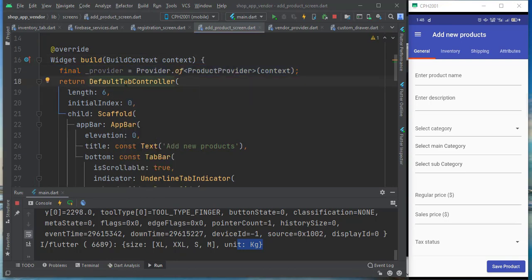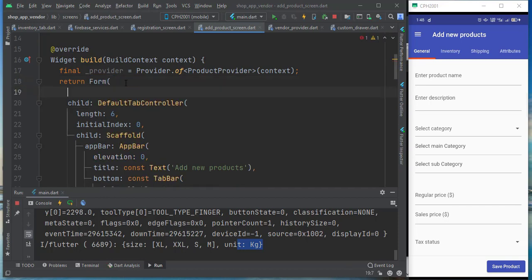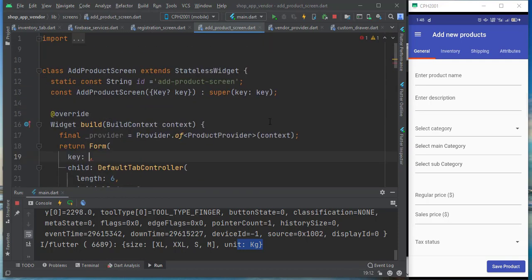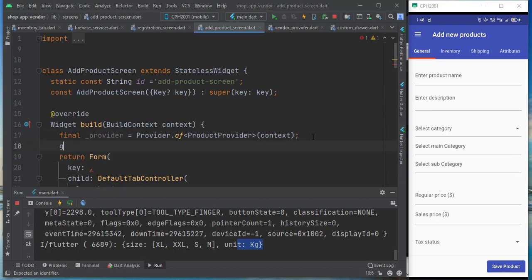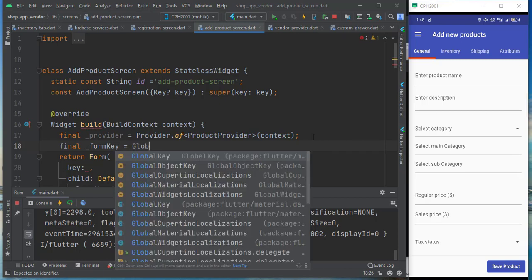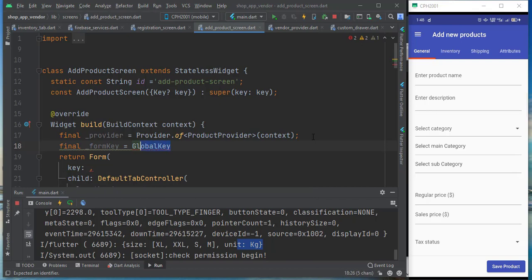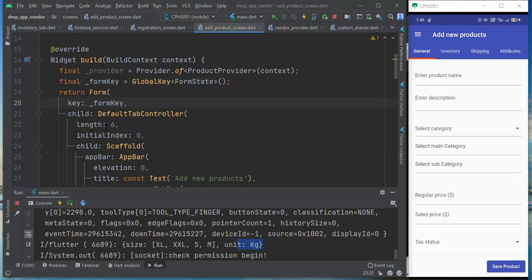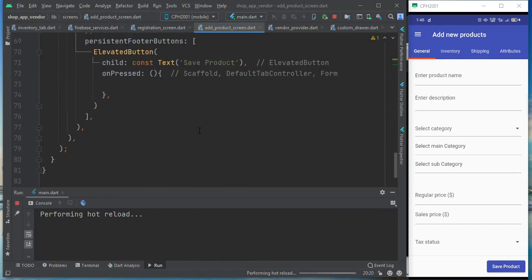The default tab controller, you wrap with a form, and for the form you need a key. That key you need to mention here, like final form key is equal to global key, then form state. Then this key you can give here. It's a global key. Then if I do a hot reload, not yet, you need to mention here